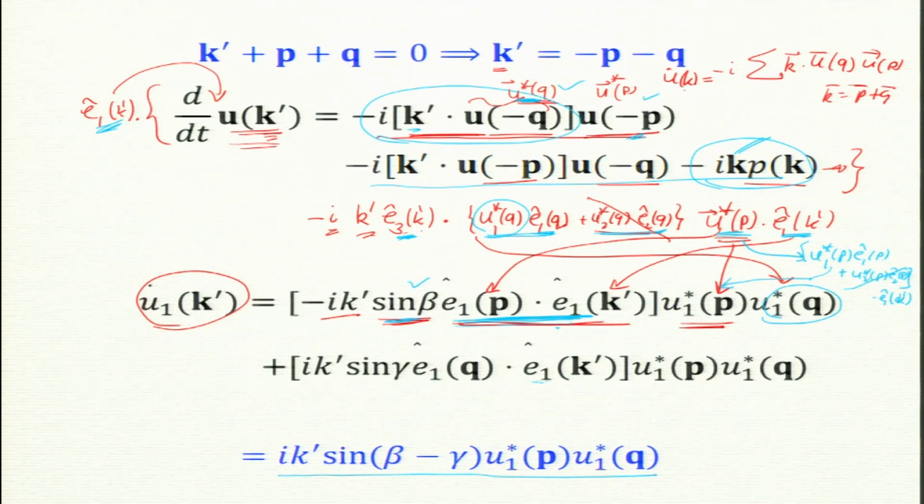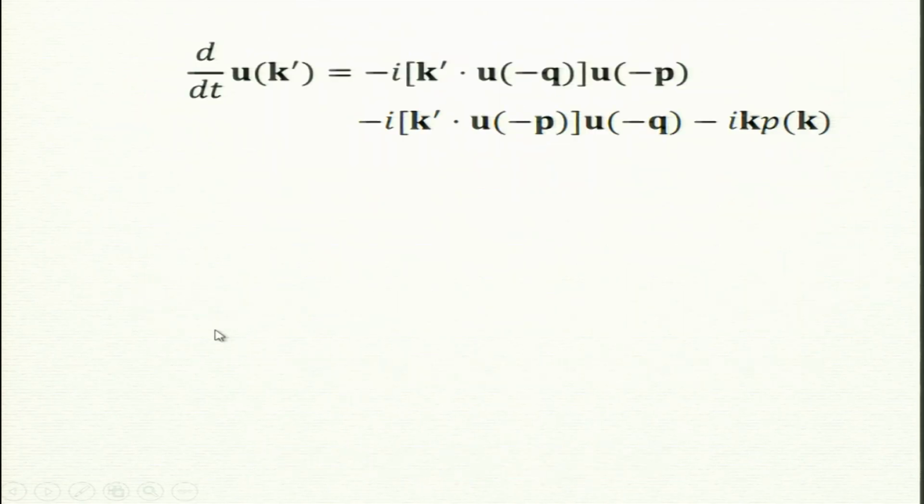Now, this is for E1, U1. Now, let us do for U2. Now, U2 will be simpler or more complex? Oh, great, this guy is very clever. So, you just take this thing and dot product with E2. So, I take a dot product with the whole thing again. I want to change the color to red. So, dot product this whole thing by E2 k prime. So, the pressure is again gone, right. E2 k prime is perpendicular to E3 k prime. So, this will give you U2 dot of k prime.